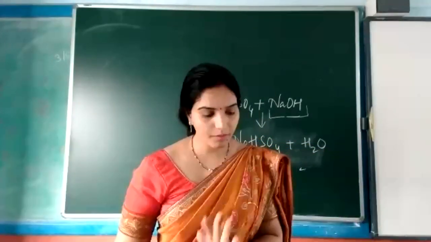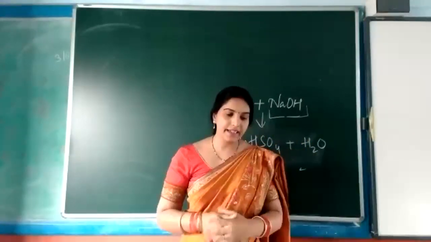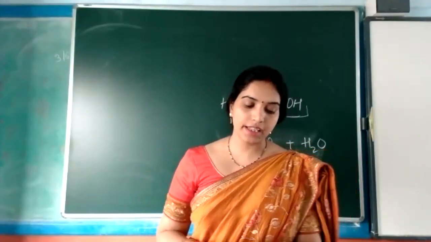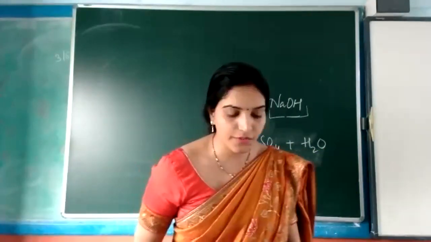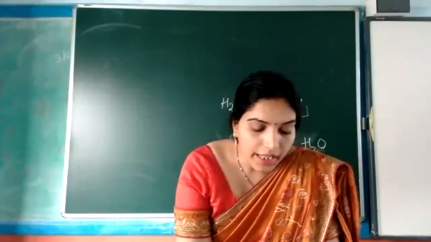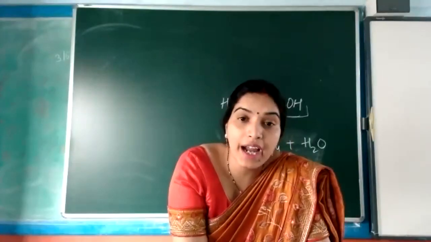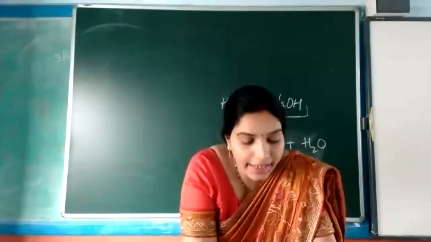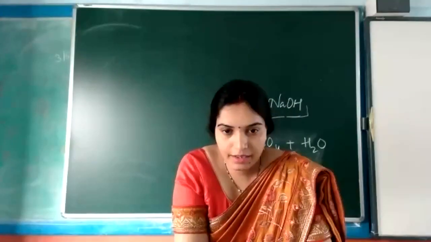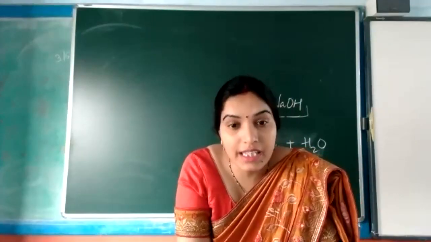Clear to everyone? Now see on page number 48, only one table is given, that is the name of acid and the acid salt. HNO3 is there, HCl, acetic acid, carbonic acid, sulfurous acid, sulfuric acid, and phosphoric acid. Now with this, what type of salt will we get? So acid salt is not found, but generally because it contains only one hydrogen atom, with nitric acid, with hydrochloric acid, with acetic acid.